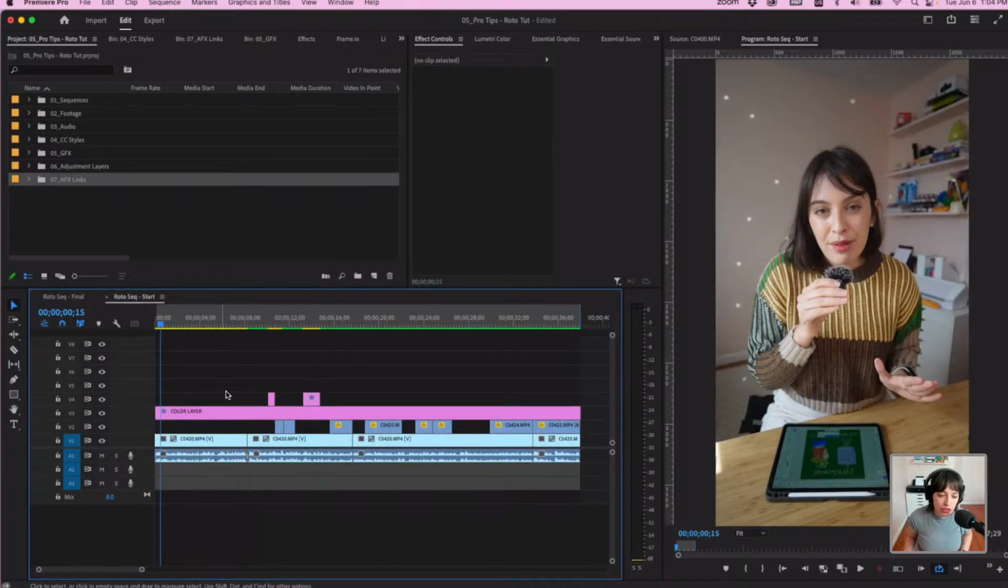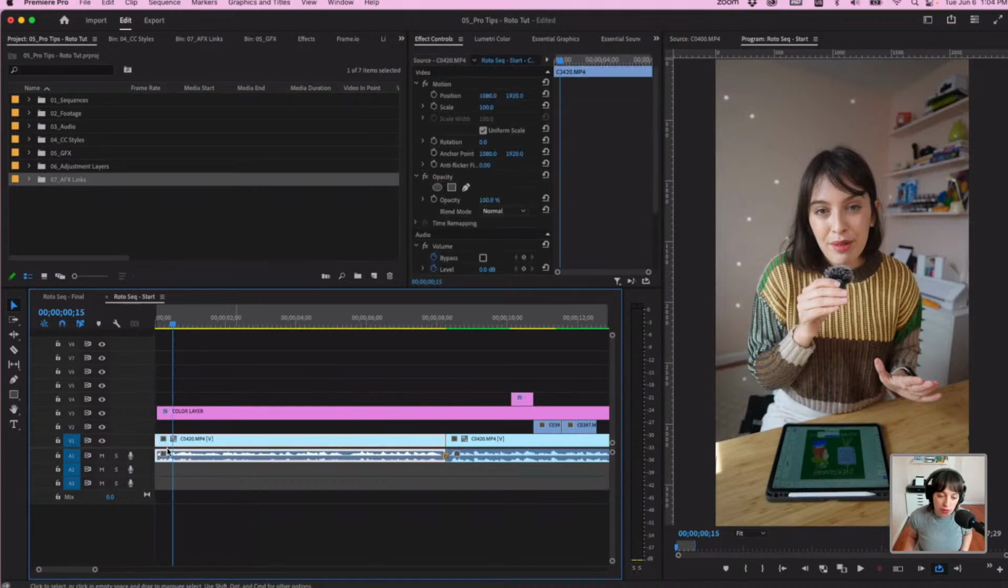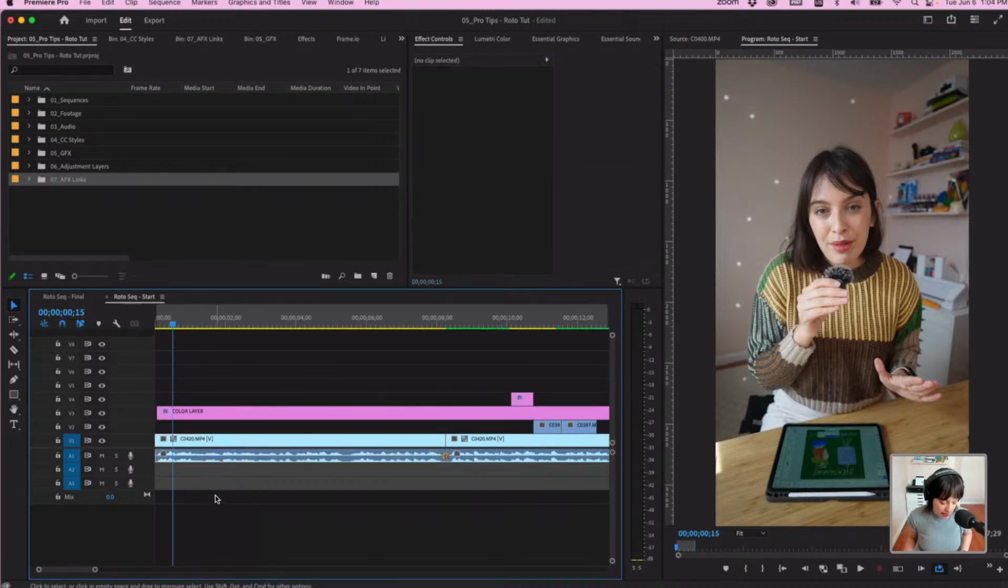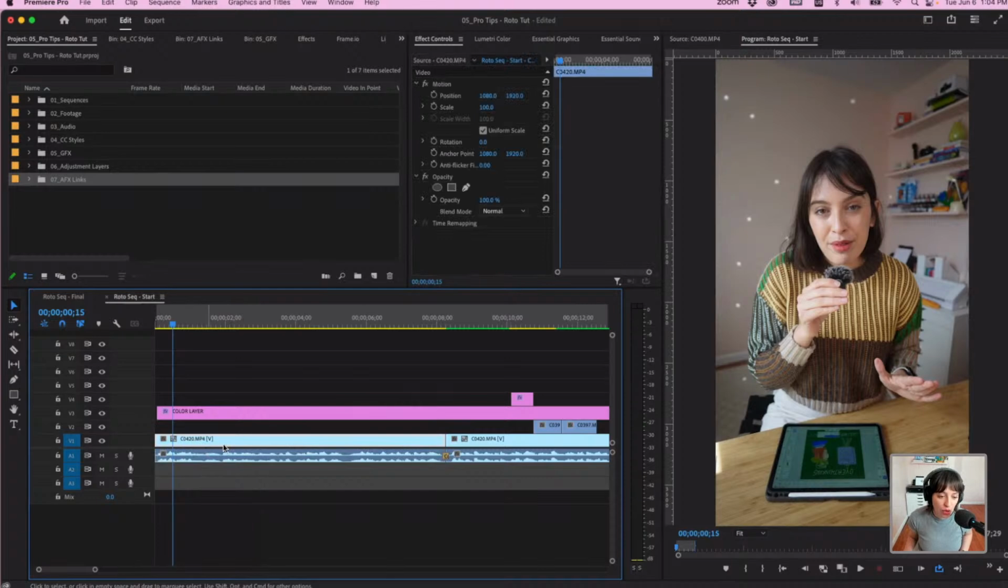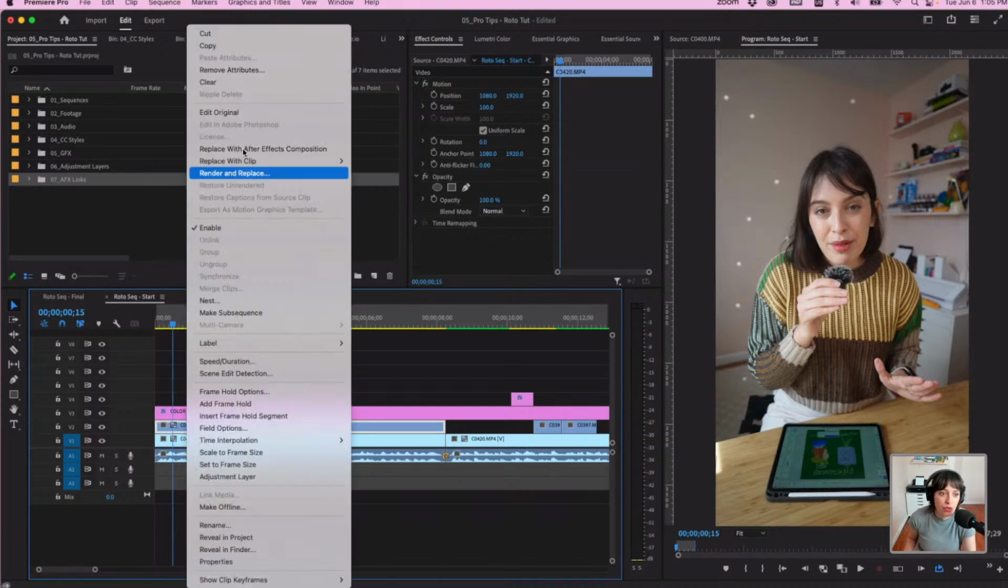So what you're going to want to do with your sequence here is select the clip that you want to rotoscope. In my case, it's this clip. I'm going to hold Option to select only the video clip, without the audio. Then I'm going to hold Option again and drag it up. Now I've duplicated the clip, right? So right now I have two of these clips that are identical and at the same exact spot, which is what you want. From here, with the copy of the clip, you want to right click and hit Replace with